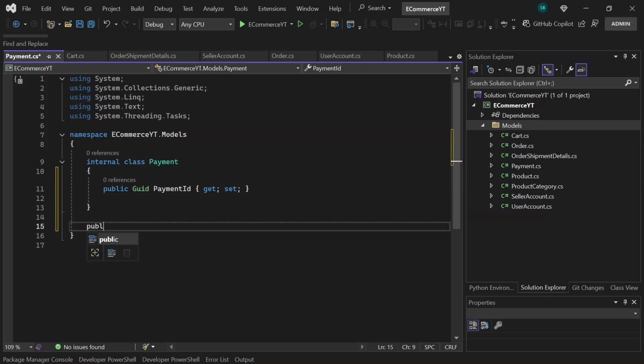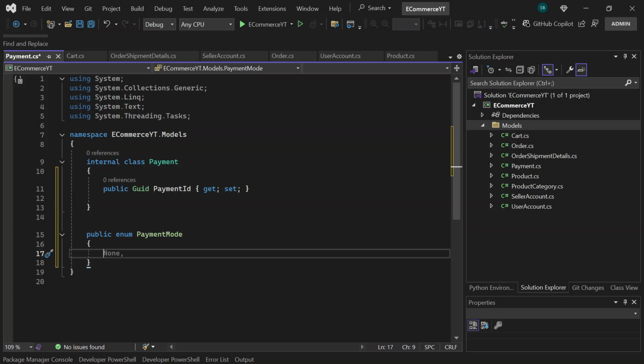So for that, I will create an enum. So payment mode can be debit card, credit card, cash, NEFT,